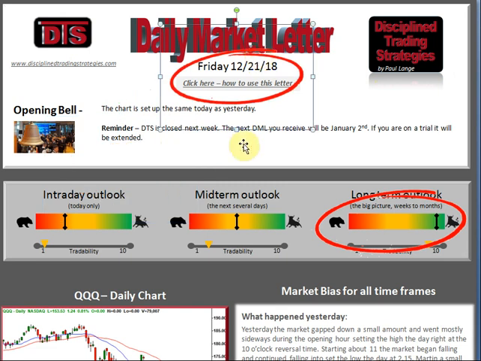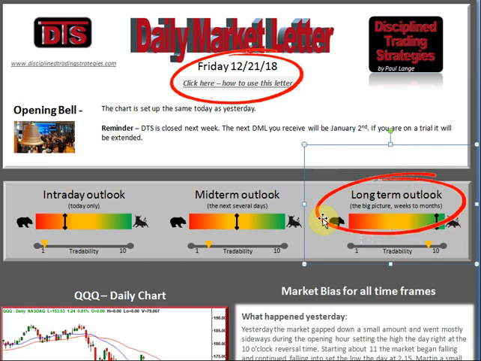It discusses in there, one of the things I want to make sure everybody knows and understands is that there's 3 time frames that I think most anybody would look at the market in, 3 different time frames. And one is the long-term outlook, one is the midterm outlook, one is the intraday outlook. Okay, the long-term outlook is the big picture. We're talking about the monthly chart.